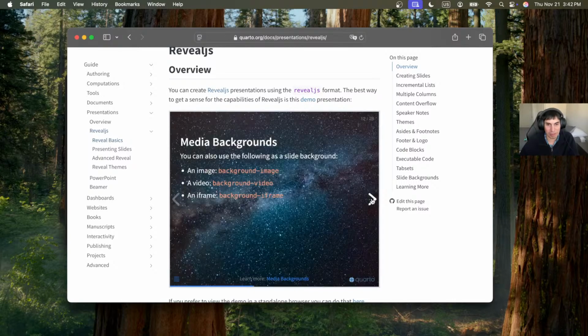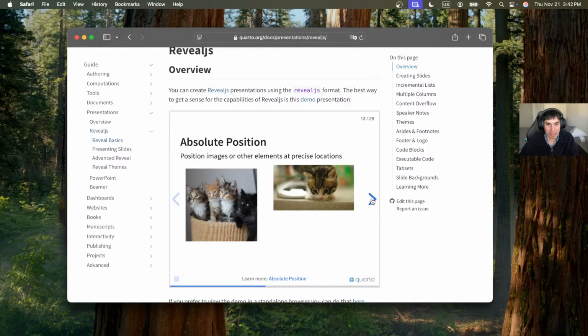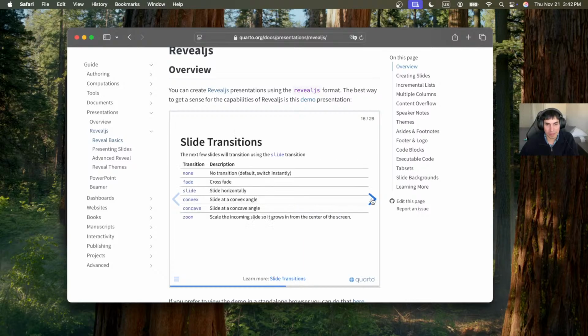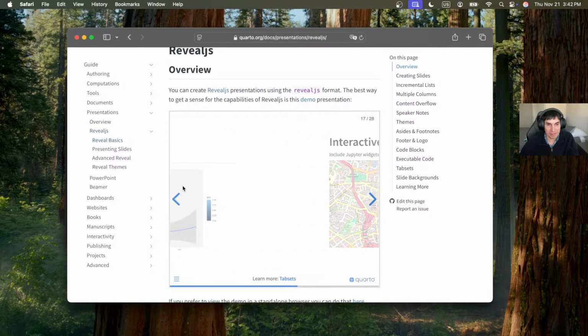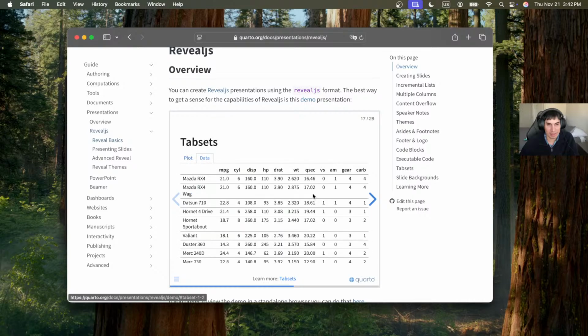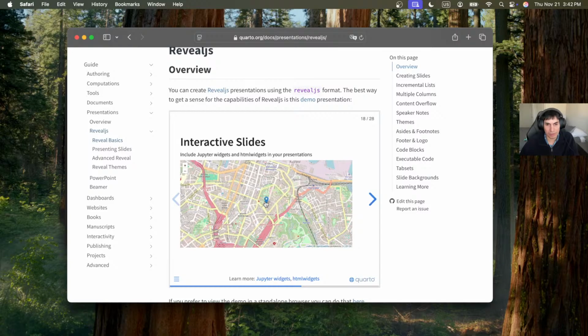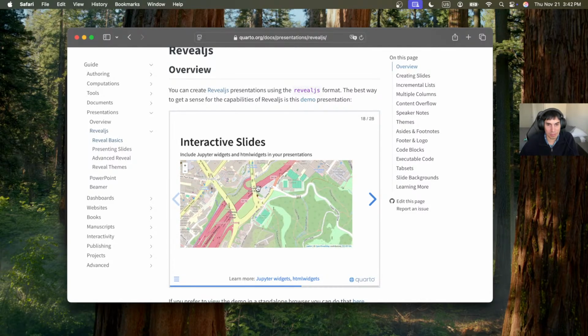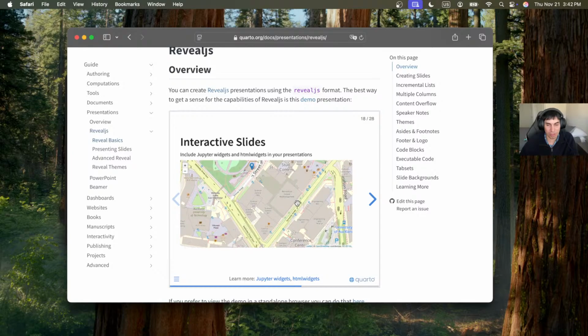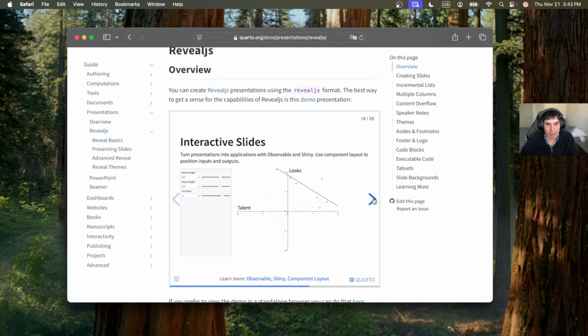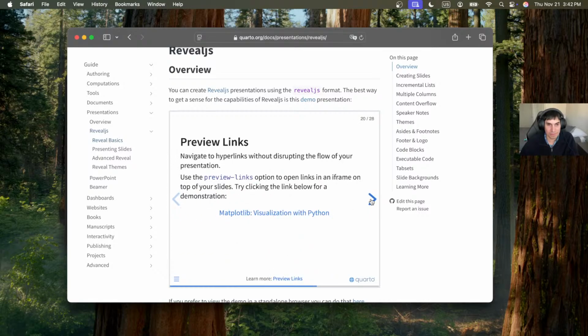If you want to change the background color, you can have media backgrounds, you can have positioning of pictures, you can have animations, slide transitions, tab sets, which we didn't go into, but I recommend that you look into. You can also have interactive slides with Leaflet, for example. If you remember, we used Leaflet at some point to track the ISS in one of our lessons. That's something you can also show here. You can also have interactive slides where you're moving things around, preview links,